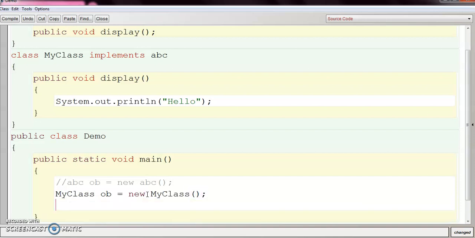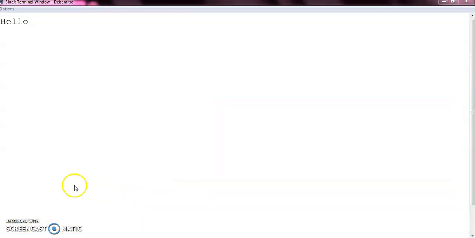And using this object, we can call our method. Now let's run this code. Now it gets compiled. Now when I am running the code, I will get the output. So the code works fine.